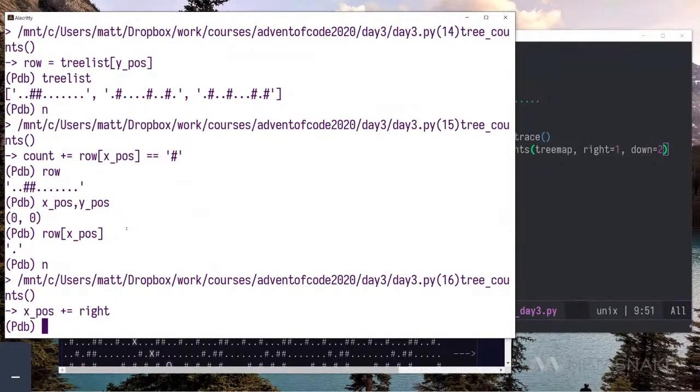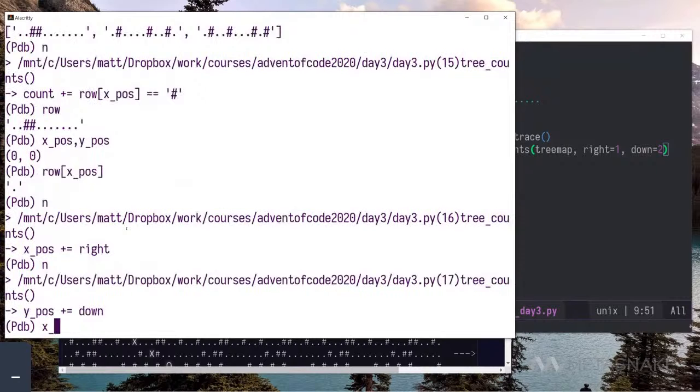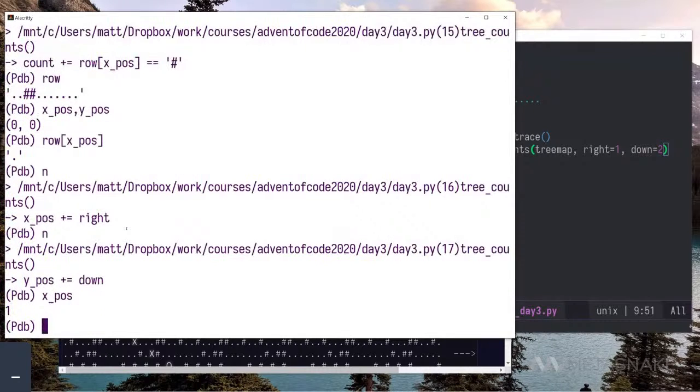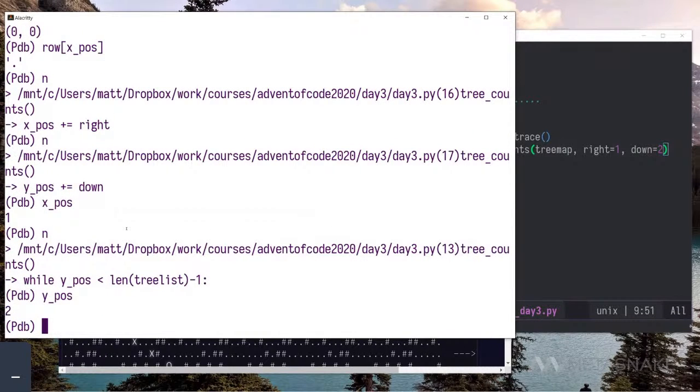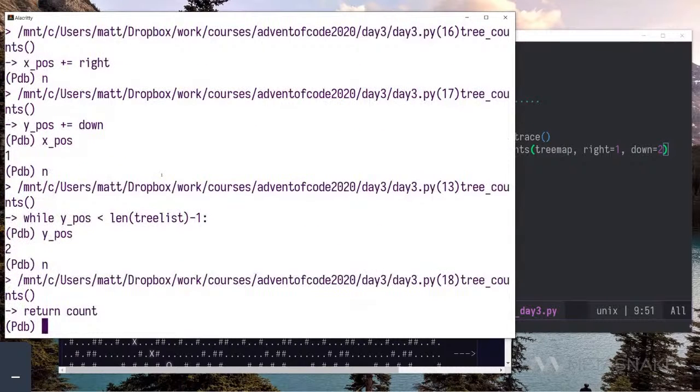So xpos plus equals right. So what's our xpos now? It's 1. We went right 1 and we're going down 2. What's ypos? ypos is 2. Okay. So we're going to go next, and